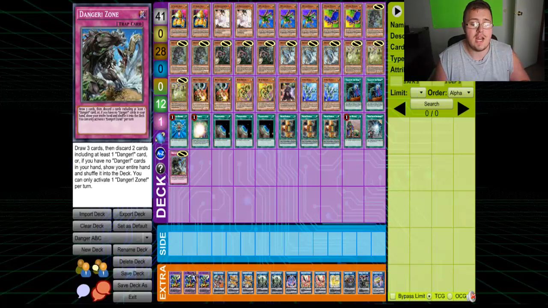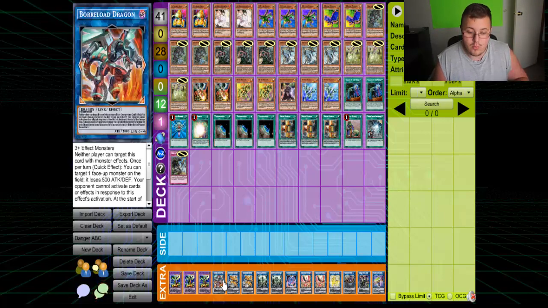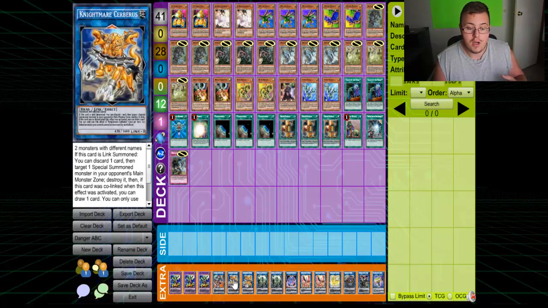Going on to the extra deck, we are running triple Buster. I actually really considered running this as 2, and people are probably going to hate me on that, but I just figured so I could put a little bit more in the extra deck. But so far, it's been working with 3. We run 1 Borload. I am actually running 2 of each besides Mermaid